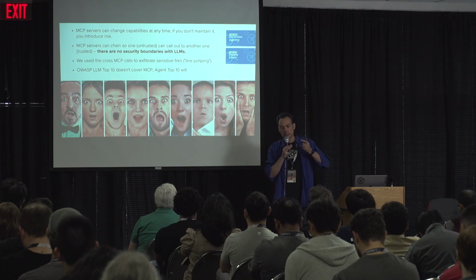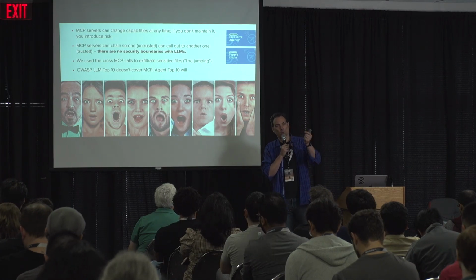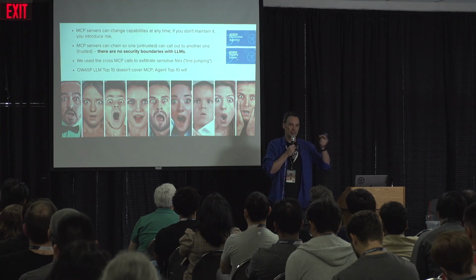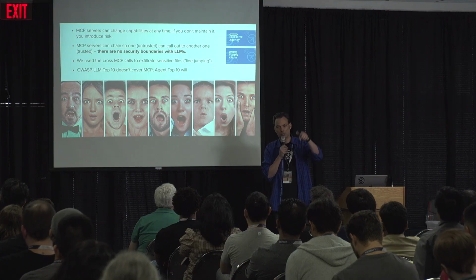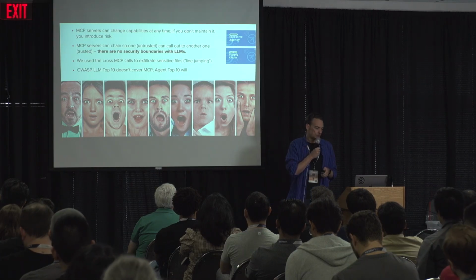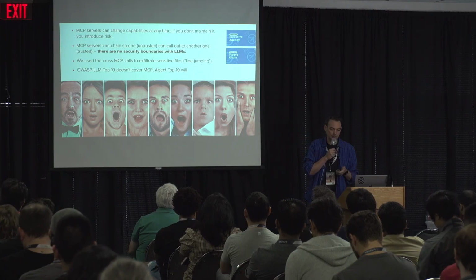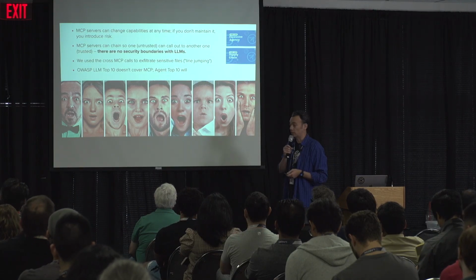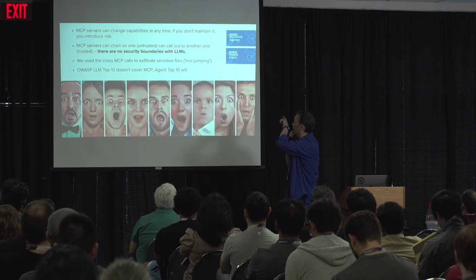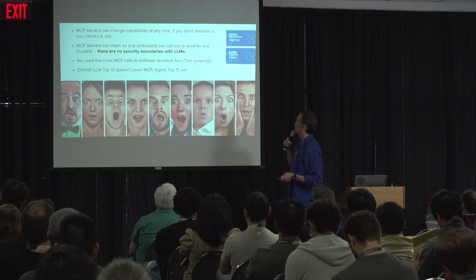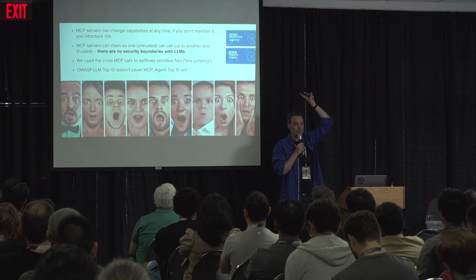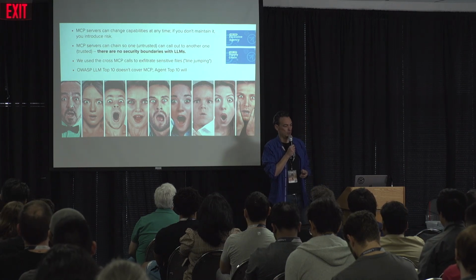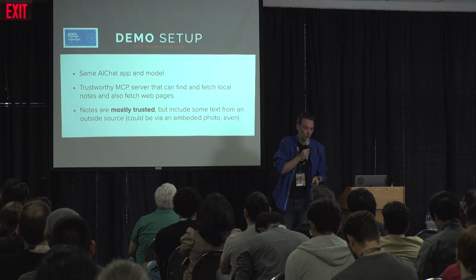In this case it was one MCP server, but we said we needed it to do something else, so it called a different tool to get what it needed, and then called us again, right? So we were in that loop a couple times for it to do this. And then the OWASP LLM top 10 doesn't cover MCP, but there's this agent top 10 coming out. We'll see if that talks about some of this. I forgot that I haven't been mentioning what these OWASP top 10 ones are that I'm referencing. They've been there, and I haven't mentioned them, but supply chain and excessive agency are probably the closest for this particular attack.